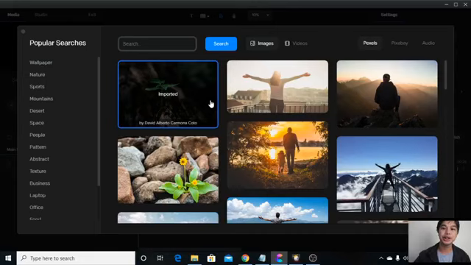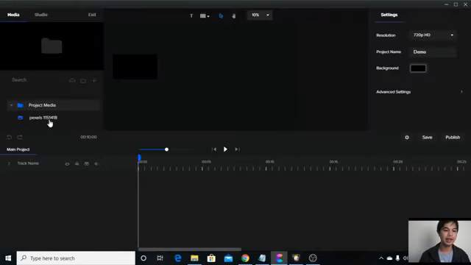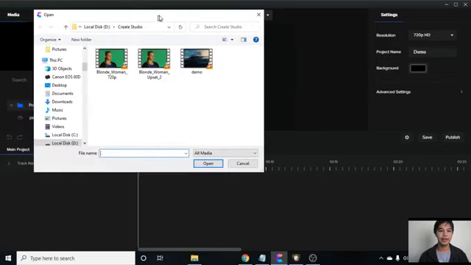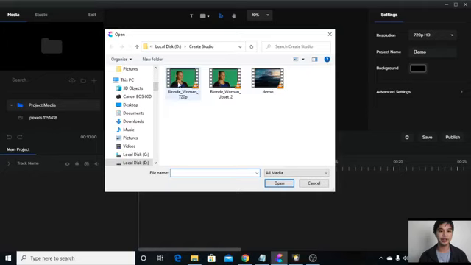There we go. So I guess that's already imported, so let me close this window, and we have that inside here. That's one option, and another option is to import media from your hard drive. I can do that by going here and clicking import media, and let me import this green screen video of a lady here. Let me click that, click open,